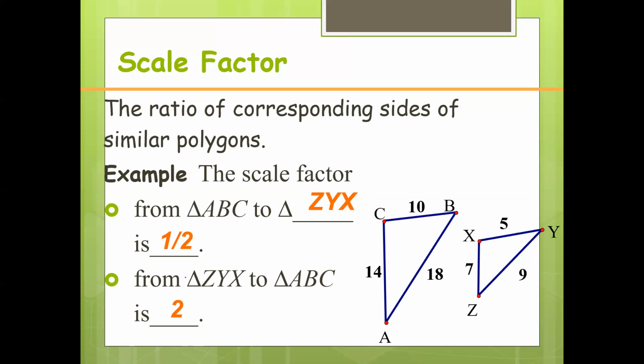So from there, we get the scale factor. But if it is reversed, going from the smaller to the bigger, we reverse it, so that is 2. From 7, what should we multiply with 7 to make it 14? So it's 2, right? From 5, it's 2 again to make it 10. From 9, 9 times 2 is 18. So what is that? Scale factor. Scale factor has something to do with the reduction and enlargement of the